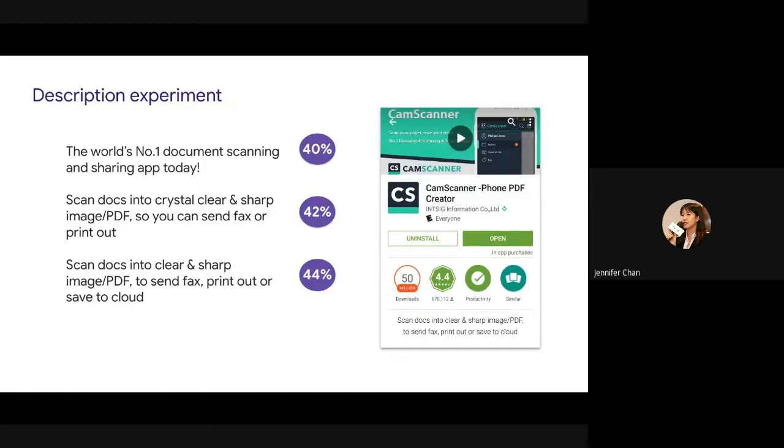And then third, make it more precise, right? Scan docs, list out functions and cut out all the adjectives, no crystal clear, right? And sharp image, etc. And save to cloud, a new function, save to cloud: 44%. So it's up 4 points here in terms of just changing a bunch of text. I do encourage you to test this out because it's pretty low-hanging fruit.